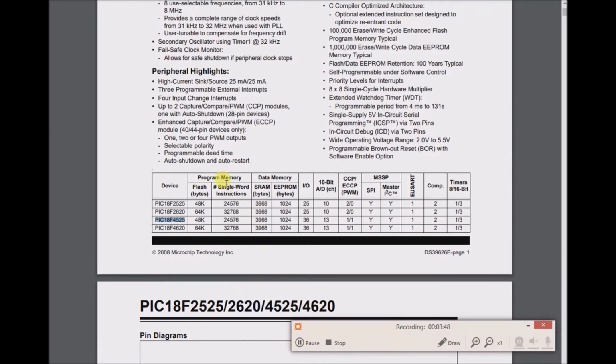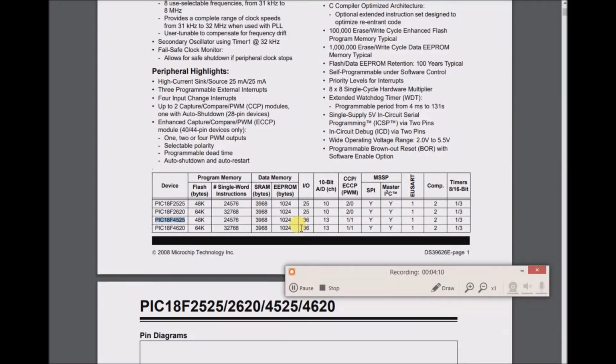Number of single-word instructions. I guess that's the number of words you can have, almost. SRAM bytes, 3.9K. That's like the working memory. EEPROM is 1K bytes. I guess the I/O pins after the power pins, of which there are 4 for ground and VCC,